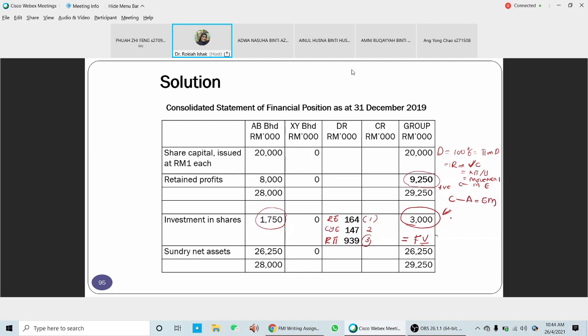For these two types of disposal, we need to calculate two types of gain. The first one is the remeasurement gain. The other one is the gain on disposal. The remeasurement gain is on the remaining stake. The disposal gain is on the portion that you dispose. Both of these gains are going to be recognized as a gain on disposal. So this is what you have for a disposal.